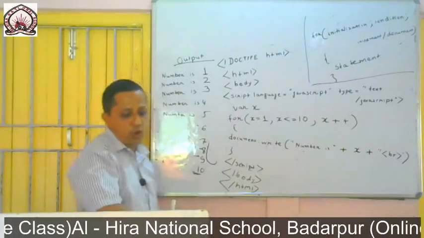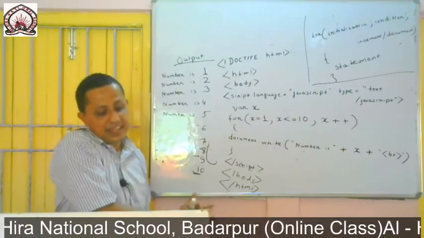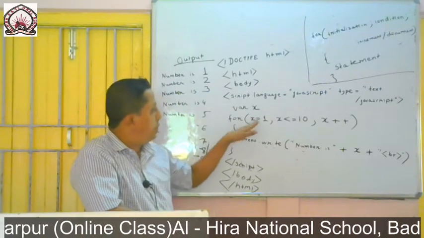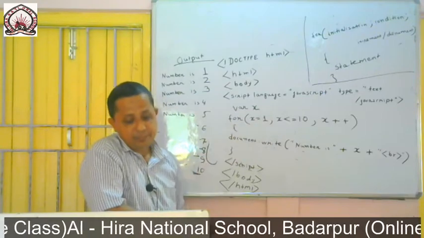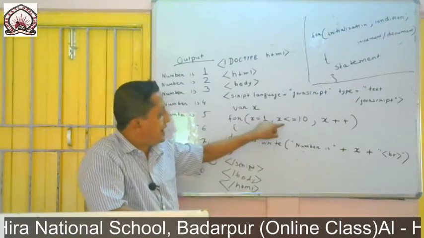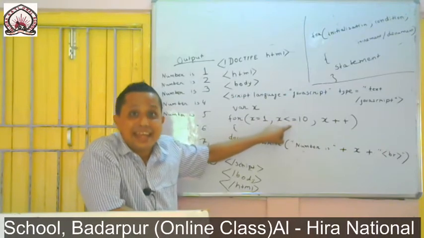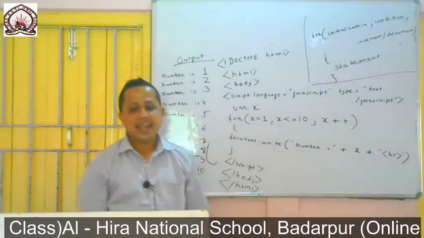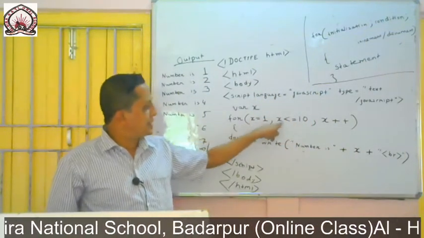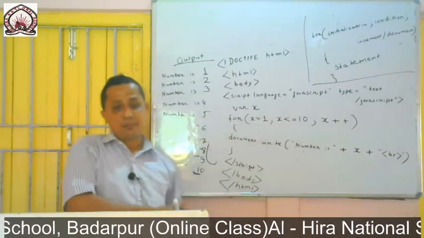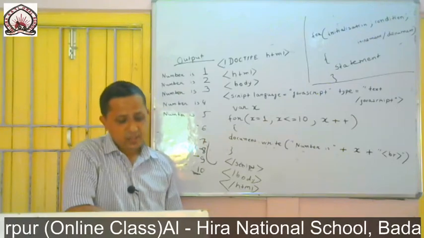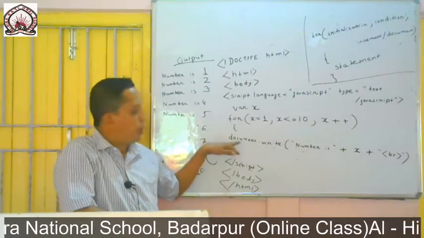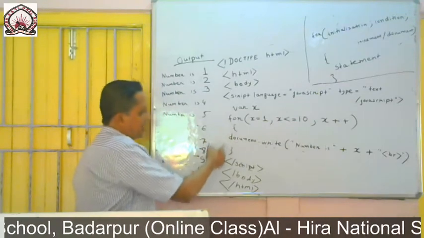In the case of the for loop, the first expression is the initialization and it initializes the value. So here I have initialized it to 1. Next is the condition, also known as the test expression. So this condition is x less than or equal to 10, and the third part is increment or decrement, whether it will increase or decrease. Here I am increasing it, and then we have the body of the loop, the statement.